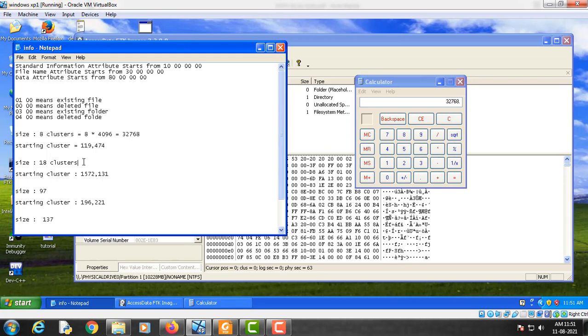Now we will do the same thing here. 18 into 4096, which is 73728.